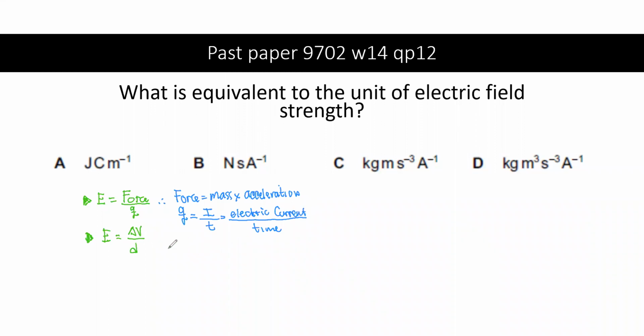And then we can also modify the potential difference. So delta V equals energy, or we can say work done,